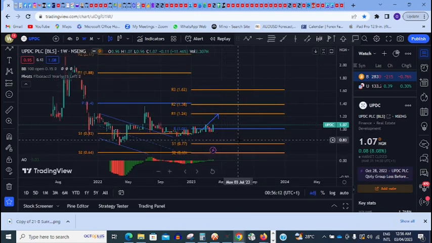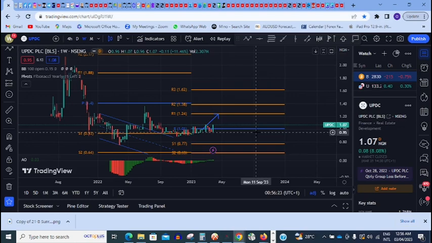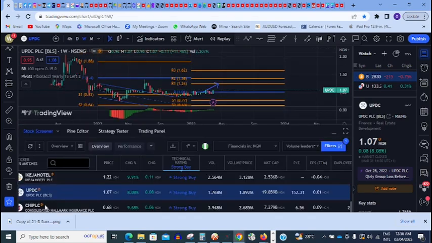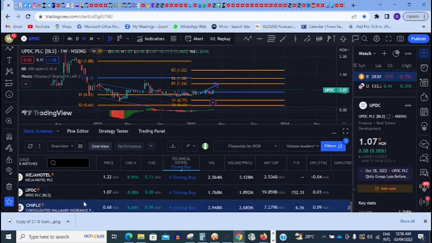Okay, in the case of this UPDC, your best entry is 95 kobo. So 95 kobo, then your first profit target is 1 naira 24 kobo. GPLC,